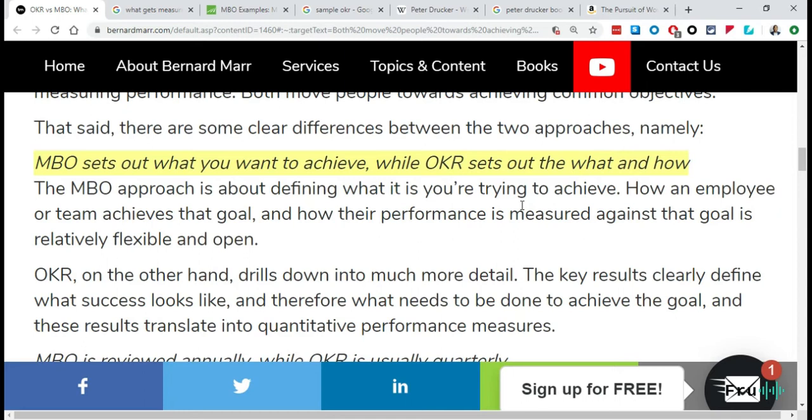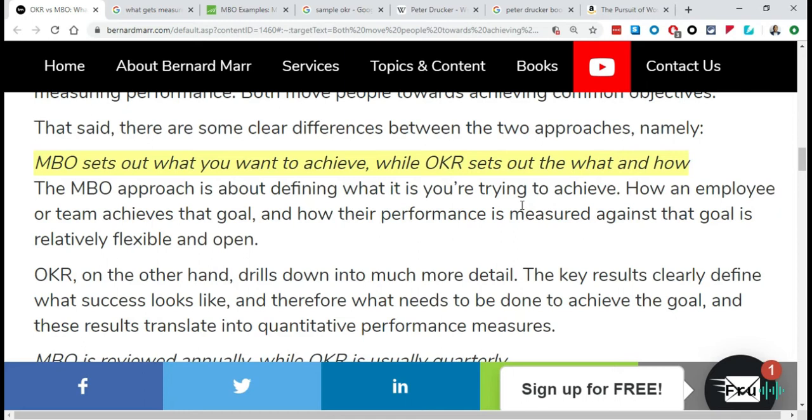So MBO is just management by objective. You sit down one-on-one with your manager at the beginning of the year, and you say, right, these are my objectives for the year. These are the things I want to achieve. I want to take so-and-so product to production. I want to deliver so-and-so solution. I want to acquire so-and-so customers. I want to decrease cost by so-and-so amount. Those are your objectives. But in OKR, those objectives are still there, but now you need to include the